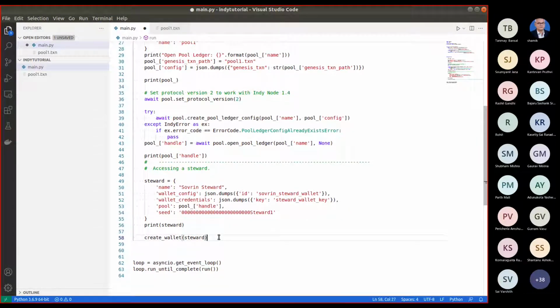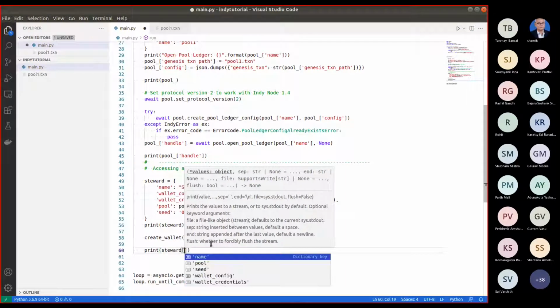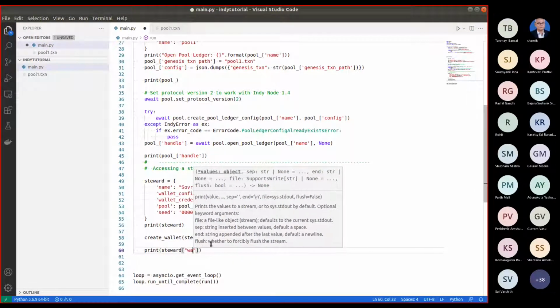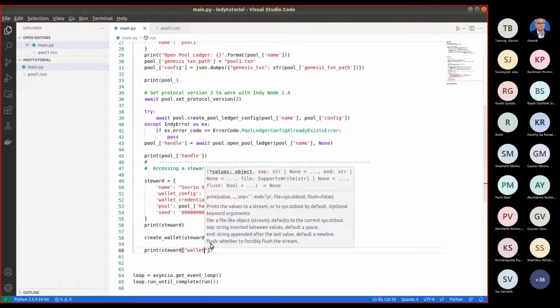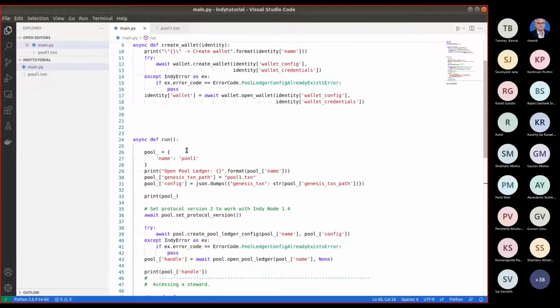So you can access the wallet using steward wallet. This is showing a key error.